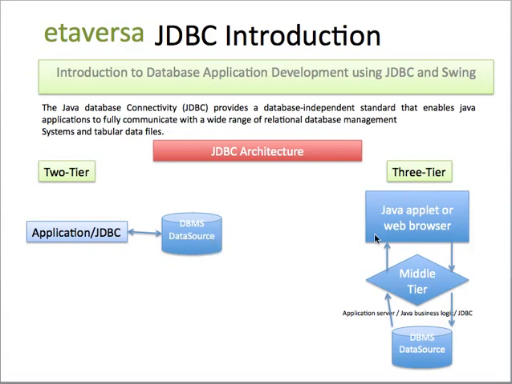And in the three tiers, you have applet or browser applications, like web applications, connecting through a middle business logic server or application server, which processes the request and retrieves data and sends it back to the application. So our scenario will be basically